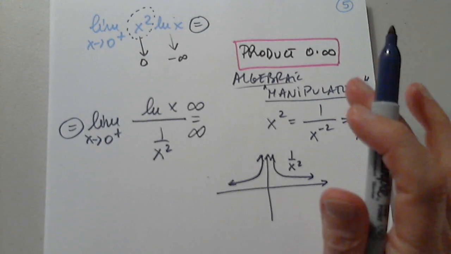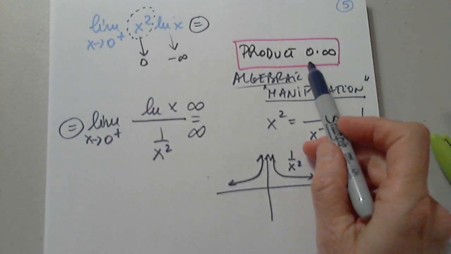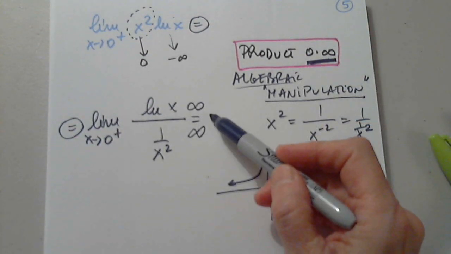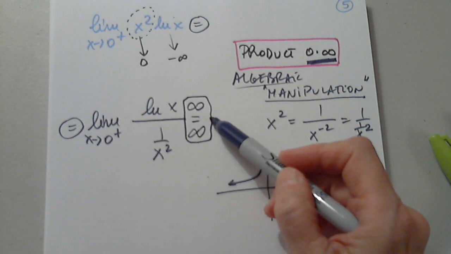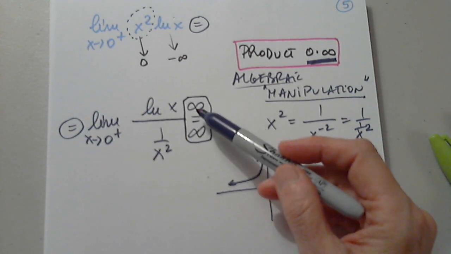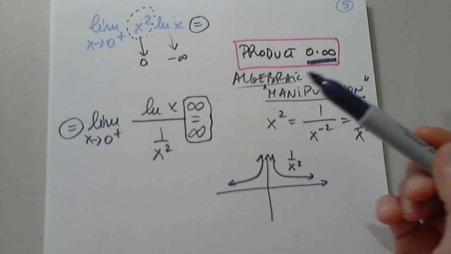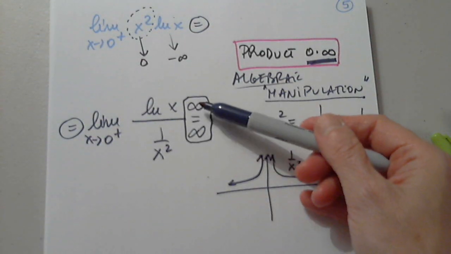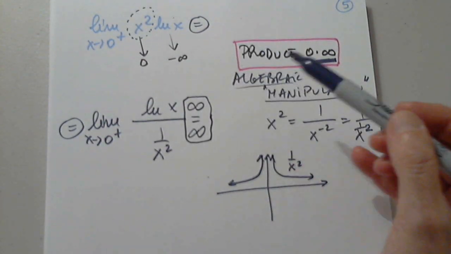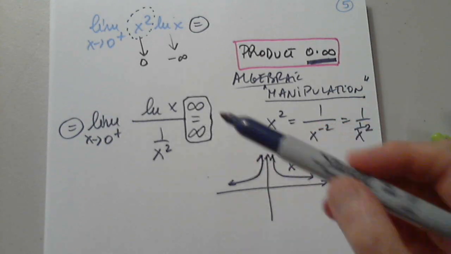So what have we learned here? That the product can be easily changed into a ratio, if it's possible. Because the ratio may be, I don't know. But as long as it's infinity over infinity or 0 over 0,